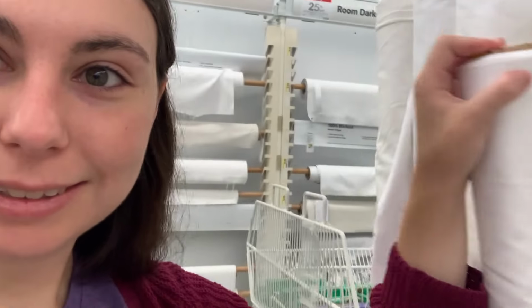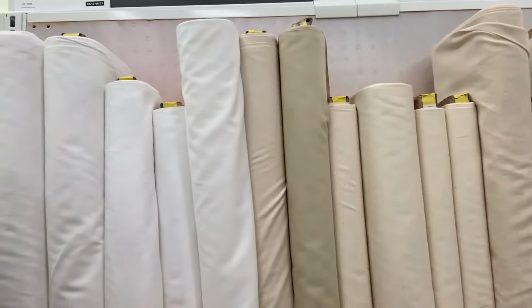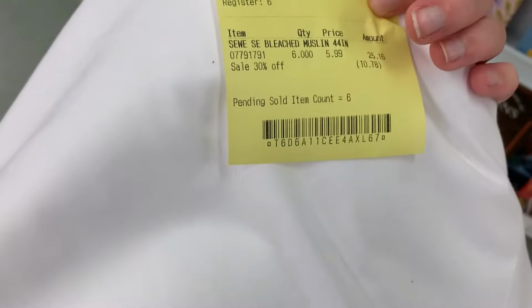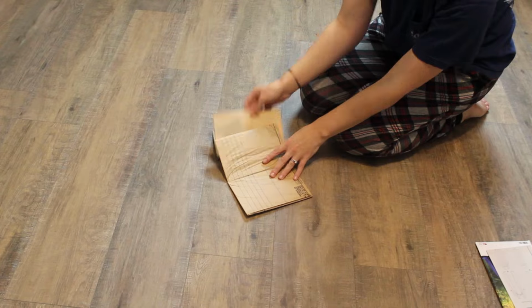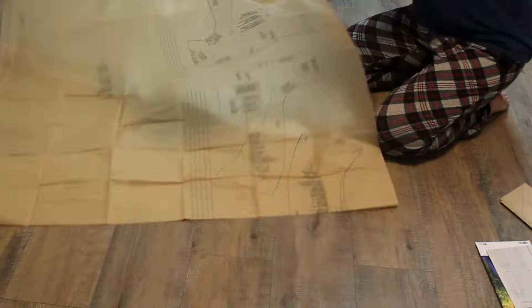I like these because they're like $2.99, but they are also shorter. So I was going to have to buy more than these. So I think I'm probably going to go with the $5.99 one just because of price. This fabric would end up being my downfall because the pattern actually called for wider fabric, and I got medium